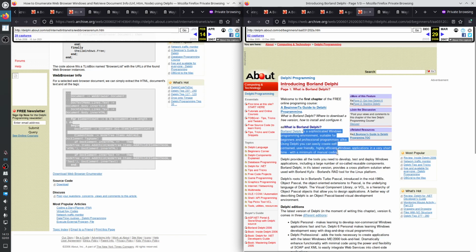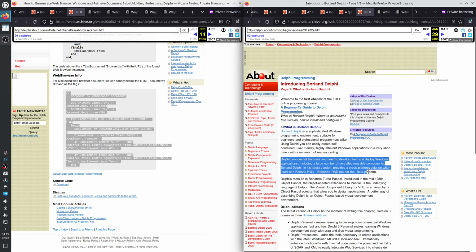Borland Delphi is a sophisticated Windows programming environment, for creating self-contained, user-friendly, highly efficient Windows applications in a very short time with a minimum amount of manual coding. And if the programming language Object Pascal, so Delphi, is not enough for you, you can always have assembler blocks.